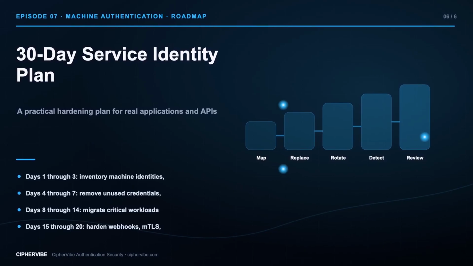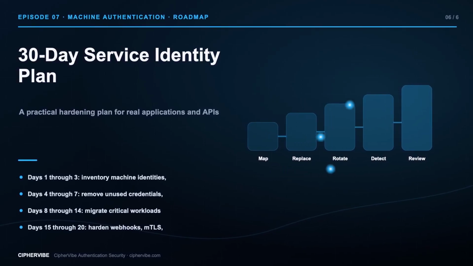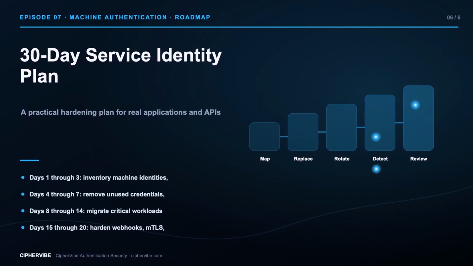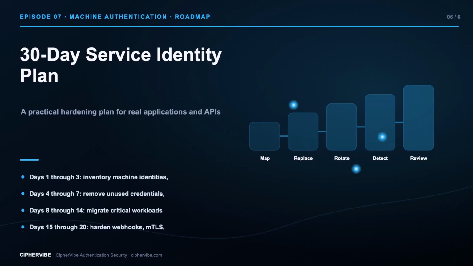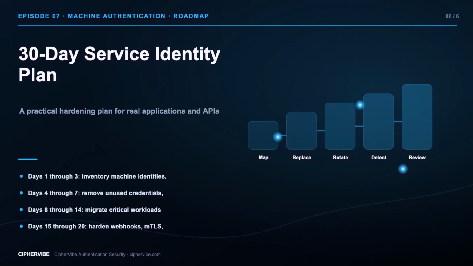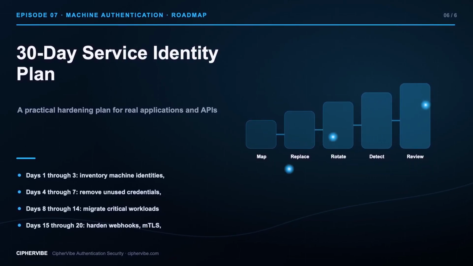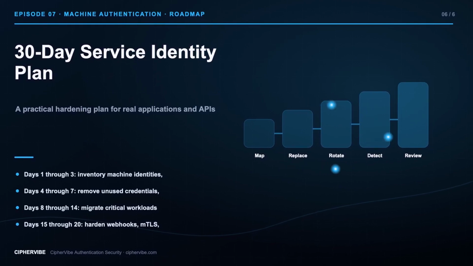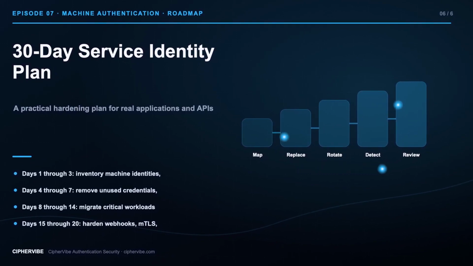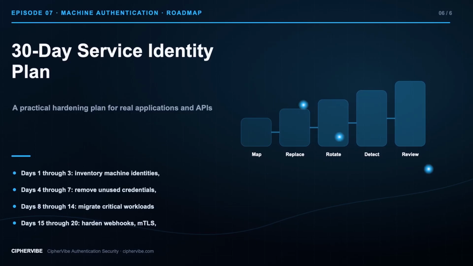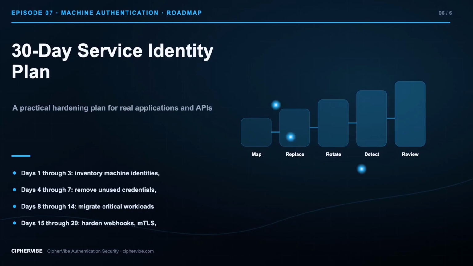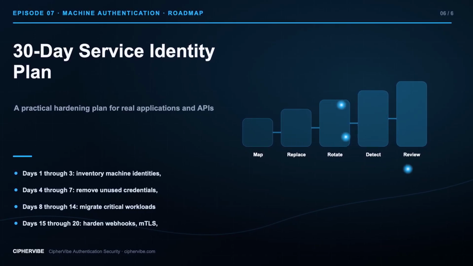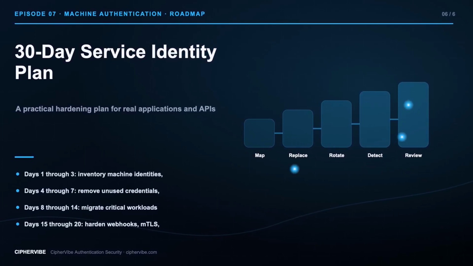Finally, measure progress with machine credentials without owner, static secrets older than policy, services using workload identity, certificate expiration alerts, failed webhook signature events. Each metric needs an owner, a reliable source, a review cadence, and a known limitation. Strong authentication security is a repeatable operating rhythm. Choose the right pattern, reduce credential theft, validate every token or session, protect recovery, centralize evidence, secure machine identity, and